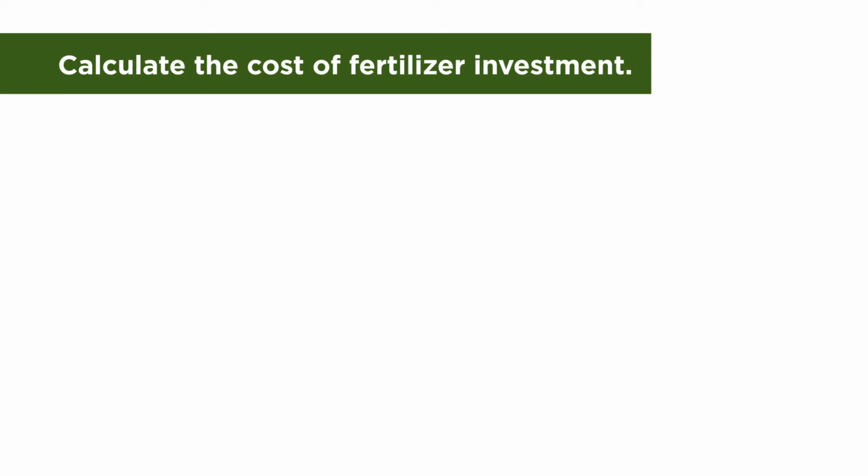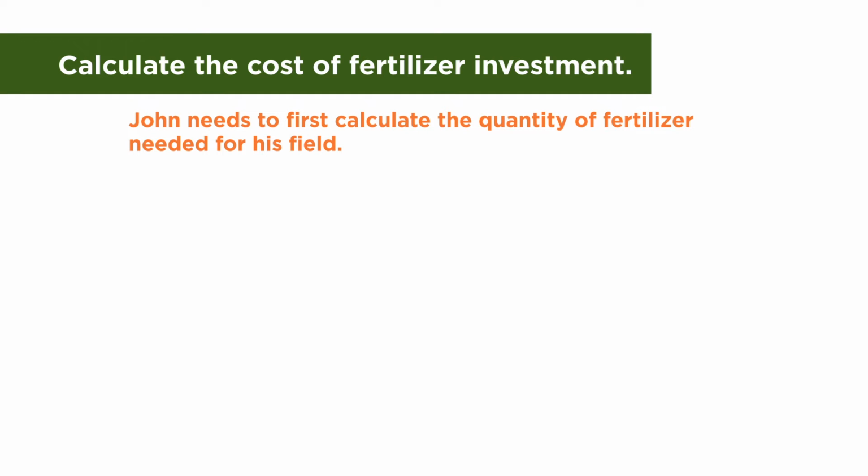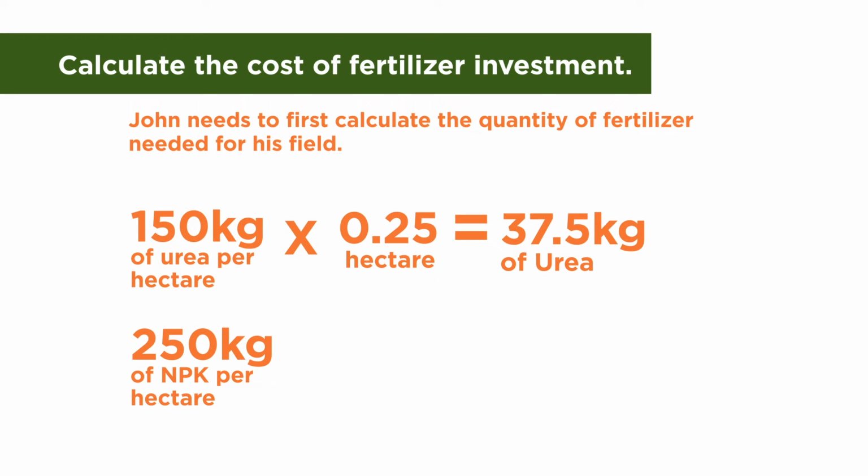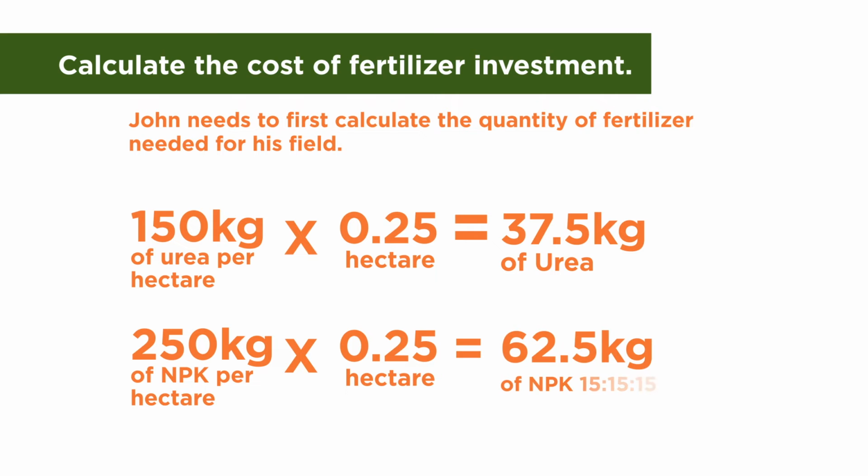Now we will calculate the cost of John's fertilizer investment. Remember from our previous video, John needs to first calculate the quantity of fertilizer needed for his field. To do this, he multiplies the rate of urea, 150 kg per hectare, by the area of his field, 0.25 hectare. That's 37.5 kg. And in the same way for NPK 15-15-15, he multiplies the recommended rate, 250 kg of NPK per hectare, by the area of his field, 0.25 hectare. That's 62.5